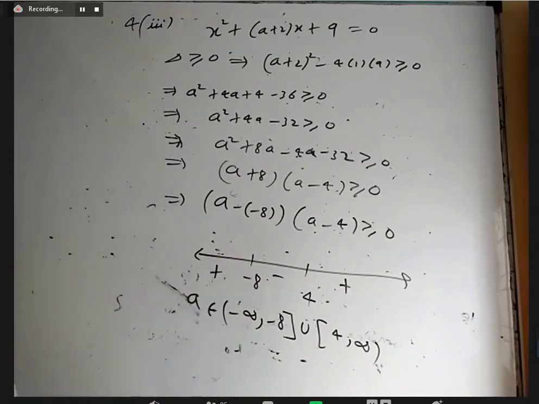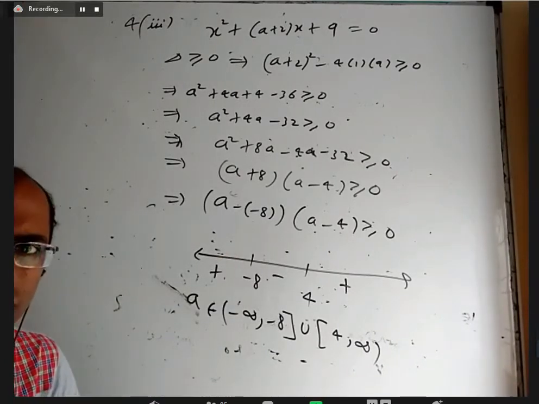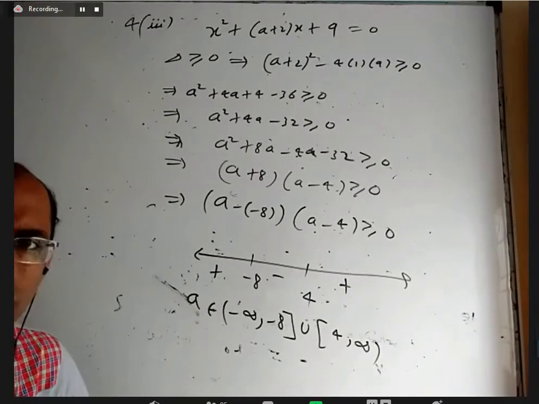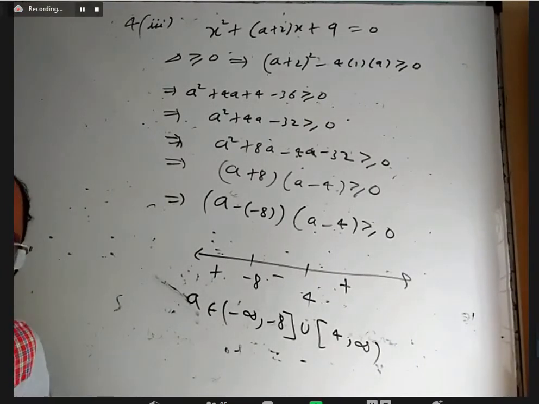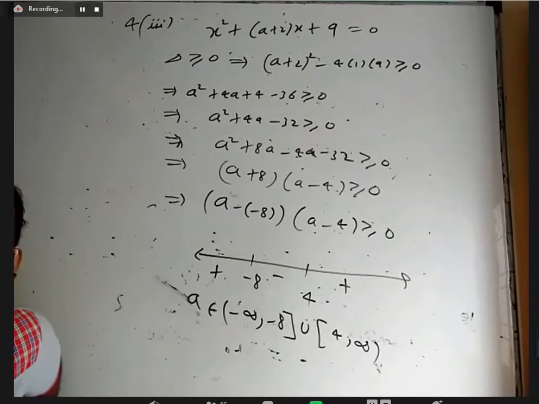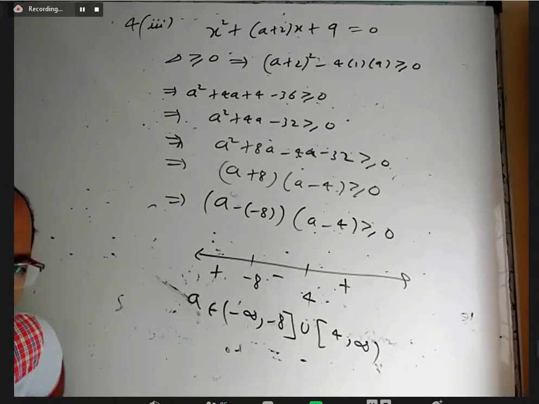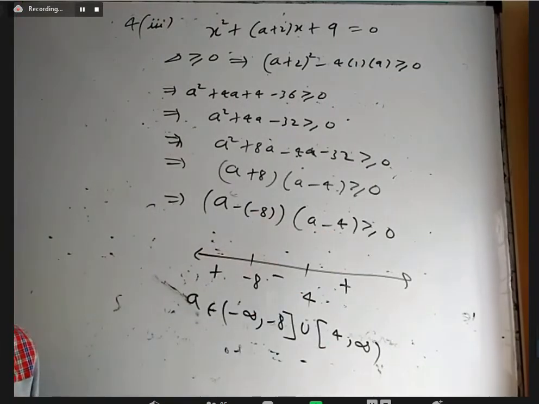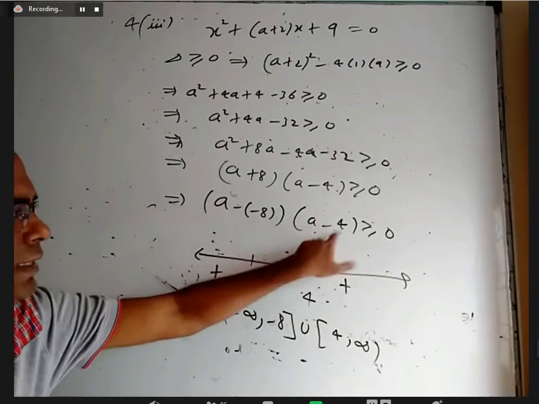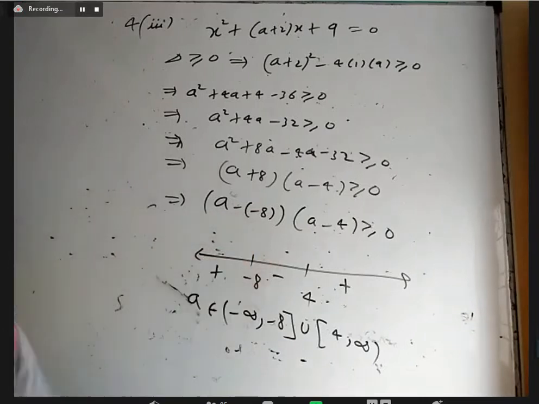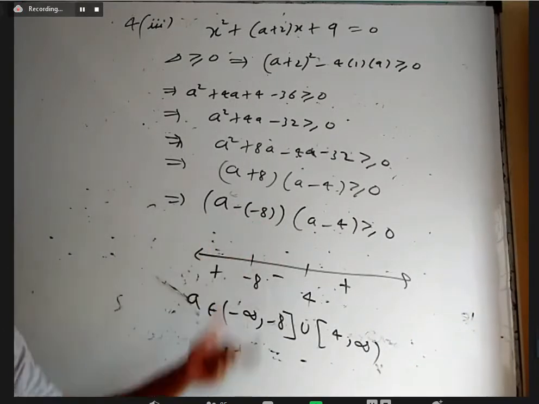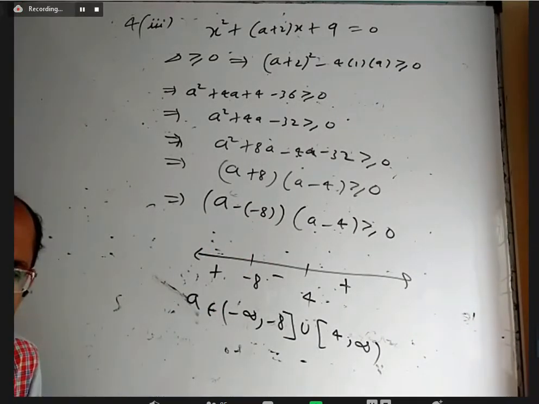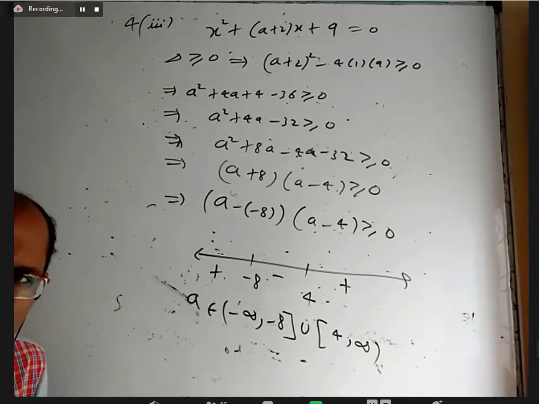Arshrikar, understood this one? Yes, sir. Okay. Saket, tell what is your doubt? Sir, how did you take the inequality for a minus of minus 8? I wanted to write everything as (a minus alpha) into (a minus beta). We want to write anything as a minus some number. So if plus is there, we'll write that. That tells you at which number it is 0, for that reason. Okay. Yes, sir.